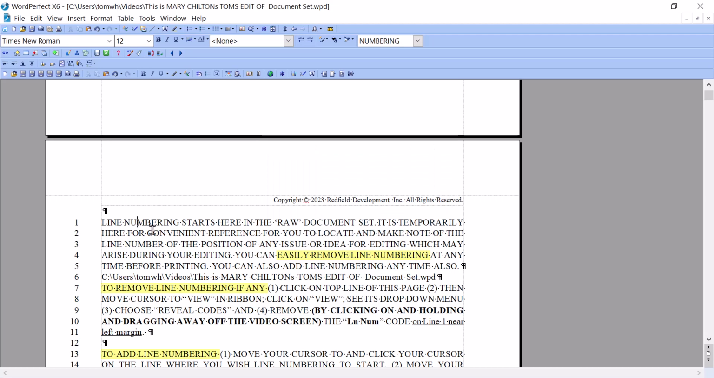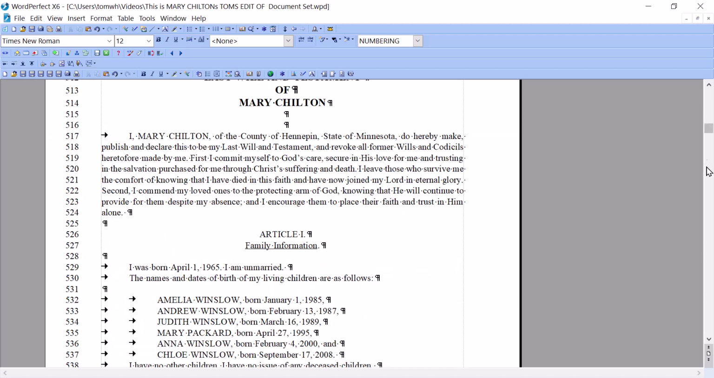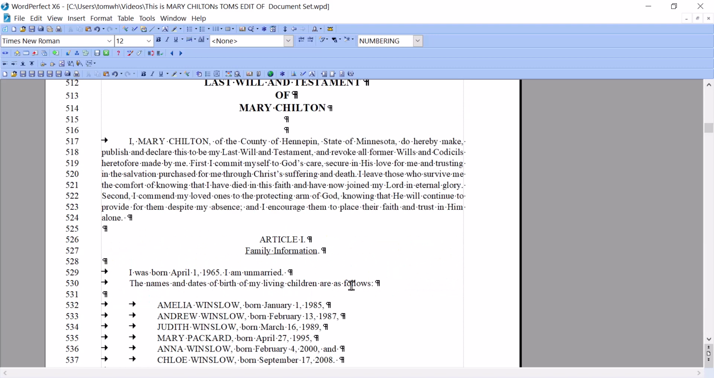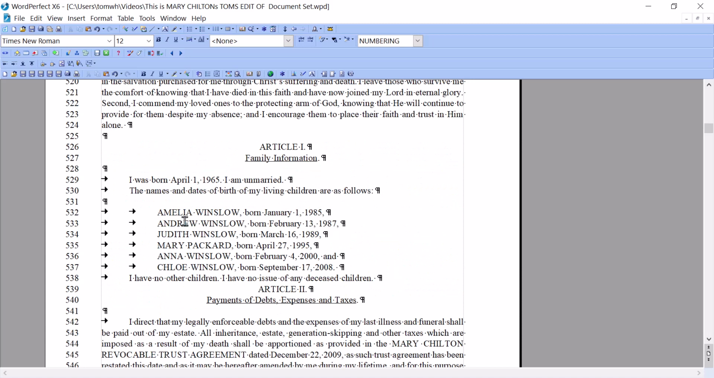So I'm going to leave line numbering on. I'm going down to line 512. That's the beginning of the Mary Chilton will that I'm going to review and clean up. So I'll begin, and you can do it differently. I'm sure you will. I'm going to remove this unnecessary line at 531 by putting the cursor to the left